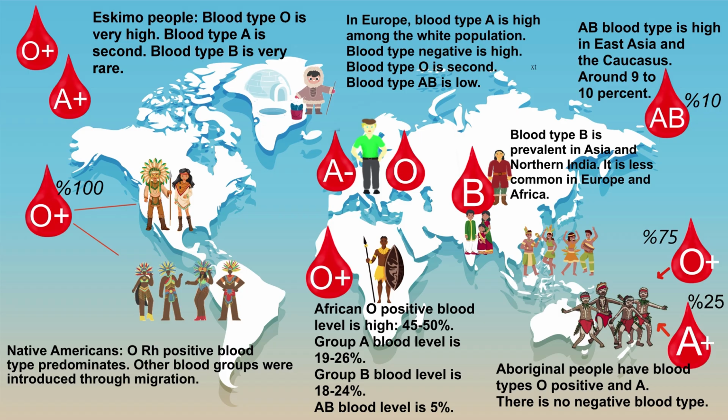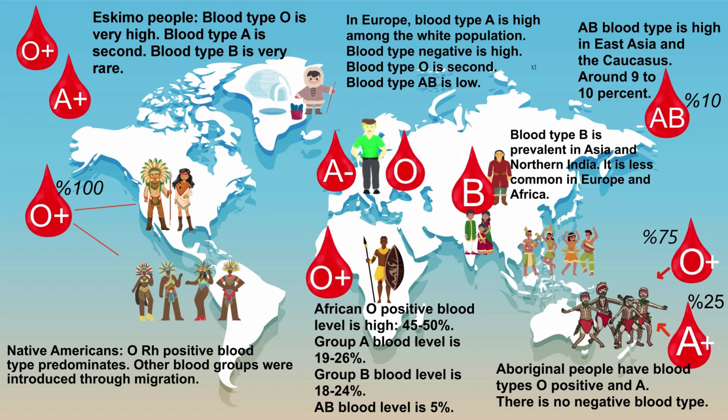O blood reaches a 100% prevalence in Native Americans of South and Central America and in the southern two-thirds of the United States. O Rh-positive blood is at high levels in the overwhelming majority of Native American tribes. Purebred Native Americans are 100% O Rh-positive. The few existing O Rh-negative, A, and B-negative blood types are known to have resulted from racial mixing between Europeans and